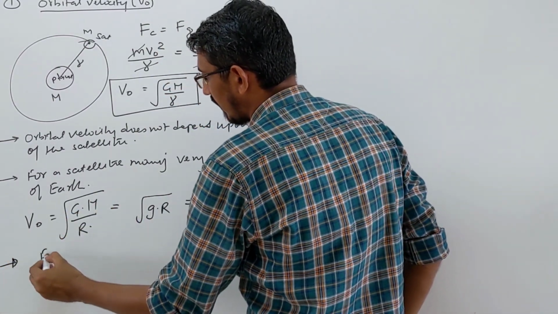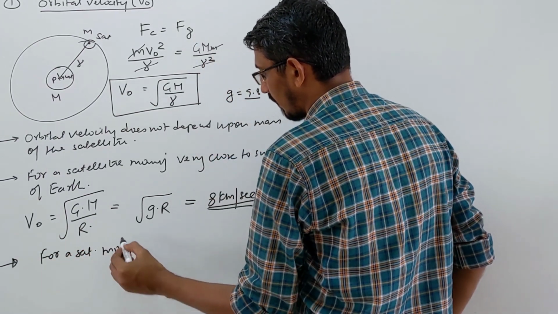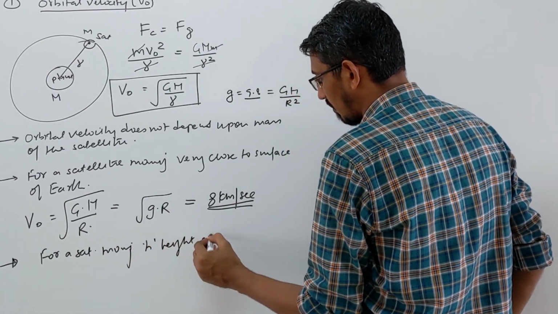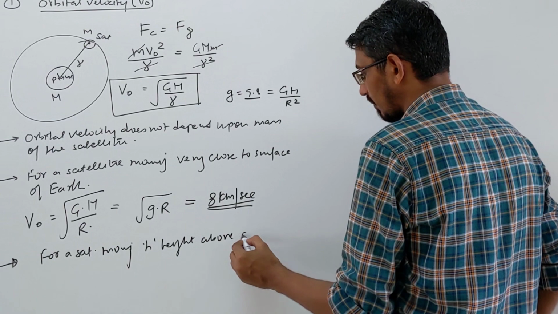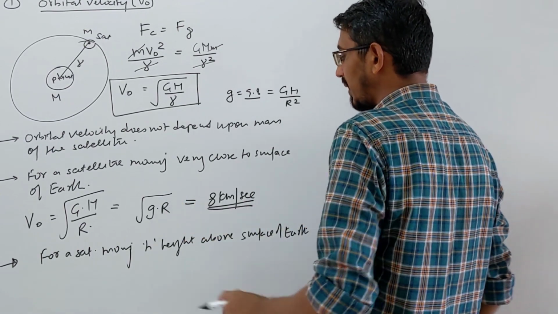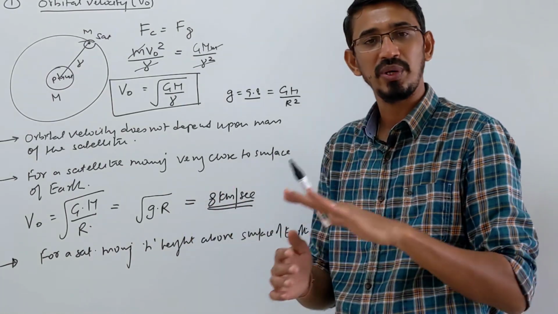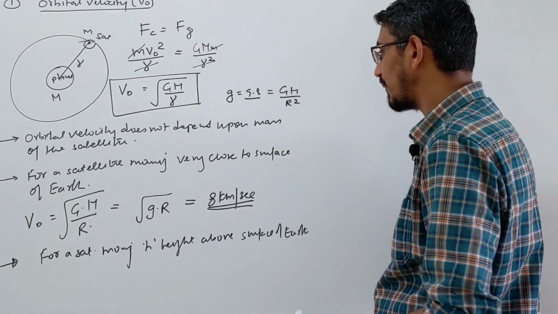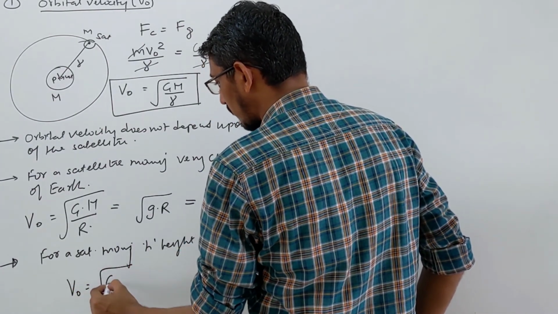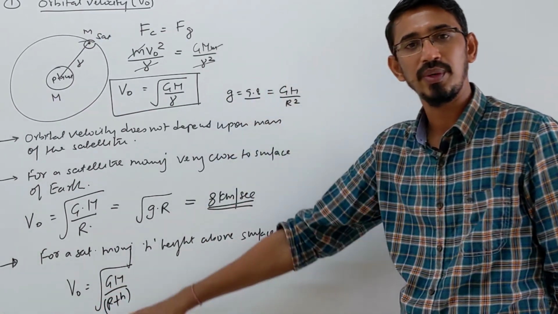Yes, for a satellite moving or revolving h height above surface of earth, okay, very close, then answer we know. In real this answer comes like 7.9. So in options if you see, they can write 7.9 also, okay, or 8, do not confuse, okay. Then the orbital velocity of that case will be simply root GM, not changing, r plus h you have to write, that's all. That will be your answer, right.